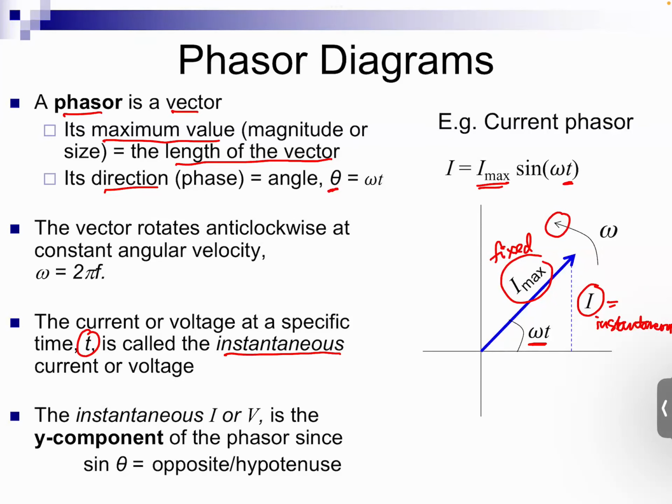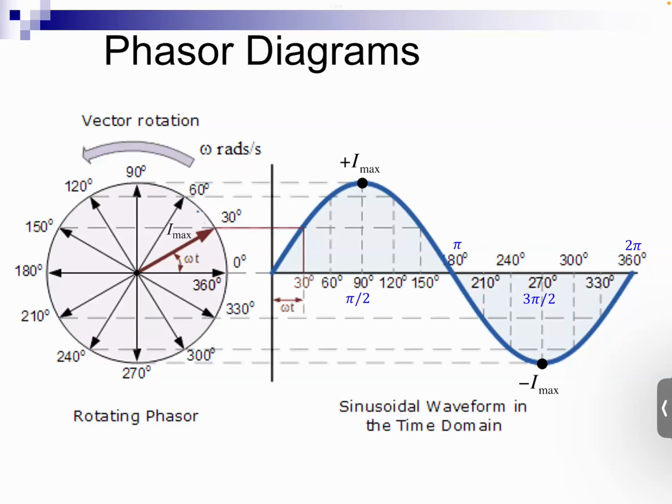In essence, it's this length here that gives us the instantaneous current. And of course, we can get the y component using trigonometry. Good. All right, so to emphasize what I've been saying about the phasor diagram being related to the sinusoidally varying